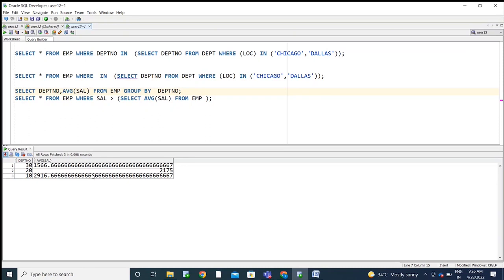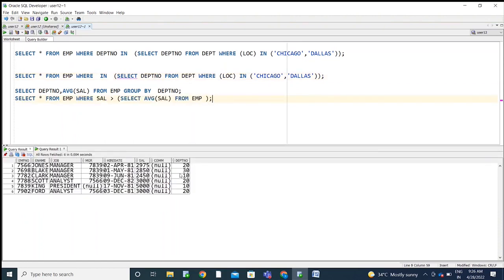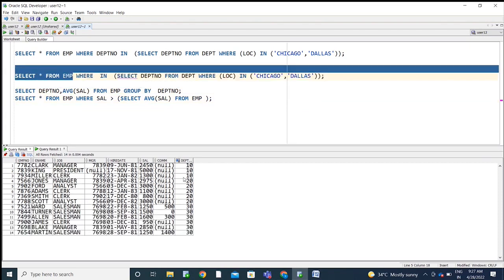I'm pinning this output. Okay, so the 30th department's average salary is 1500 above. Now if you see here, in the 30th department there are employees, and here there is one whose salary is 2850, which is more than 1500. In the employee table, the 10th department has 3 employees and the 30th department has 6 employees. The average salary of the 6 employees is 1500 above. So above 1500, 1600 and 2850 qualify. So these 2 employees should come, but you are getting only 1 employee's information because